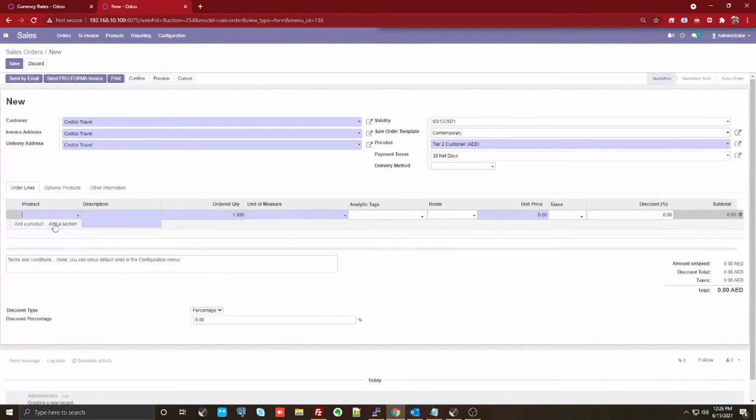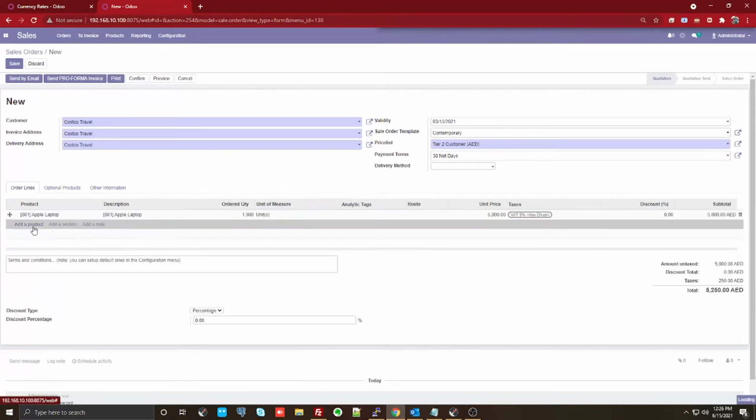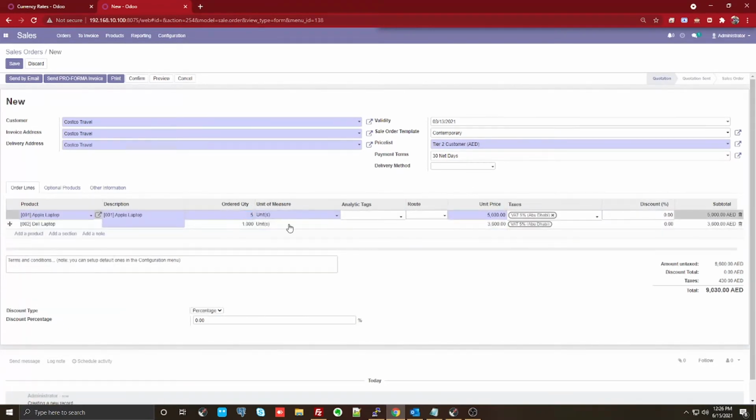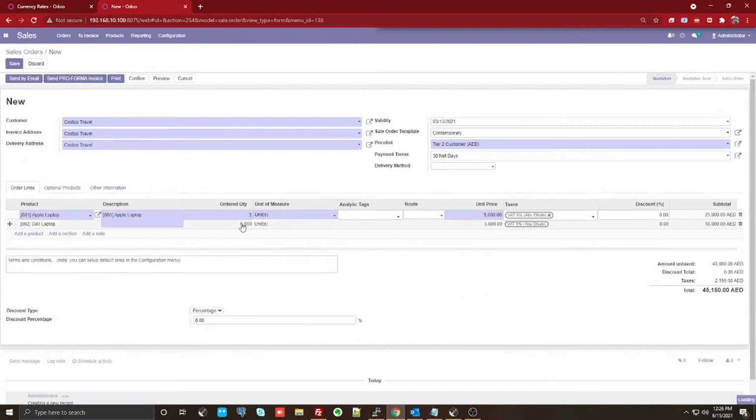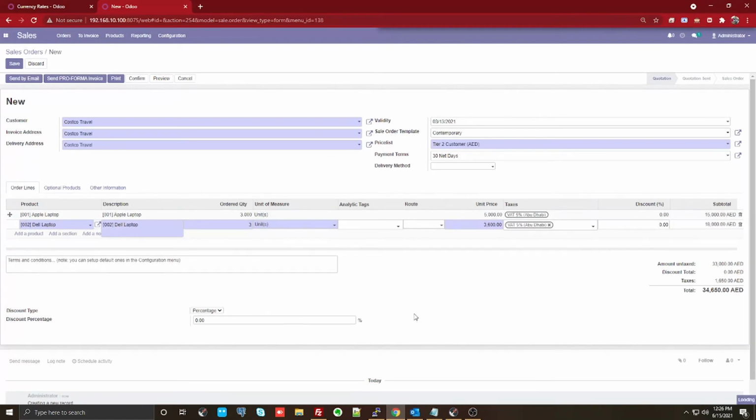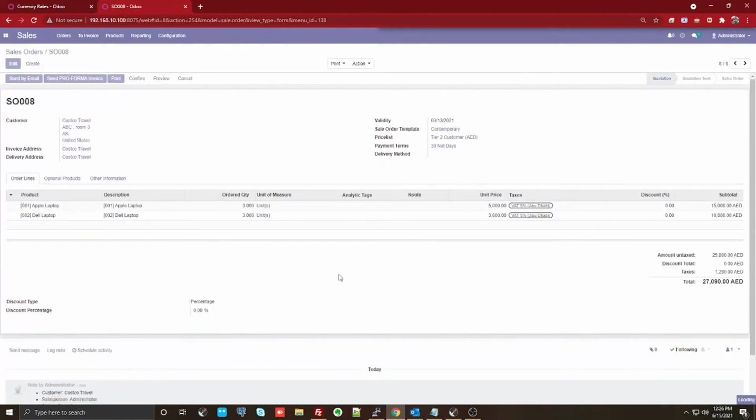Adding a couple of products here. Apple and Dell. Probably 5 pieces. And there are 5 pieces for this one as well. I don't think we will have 5 pieces inside the system, so let's make it 3 pieces and save, not putting any further information, and confirm it.